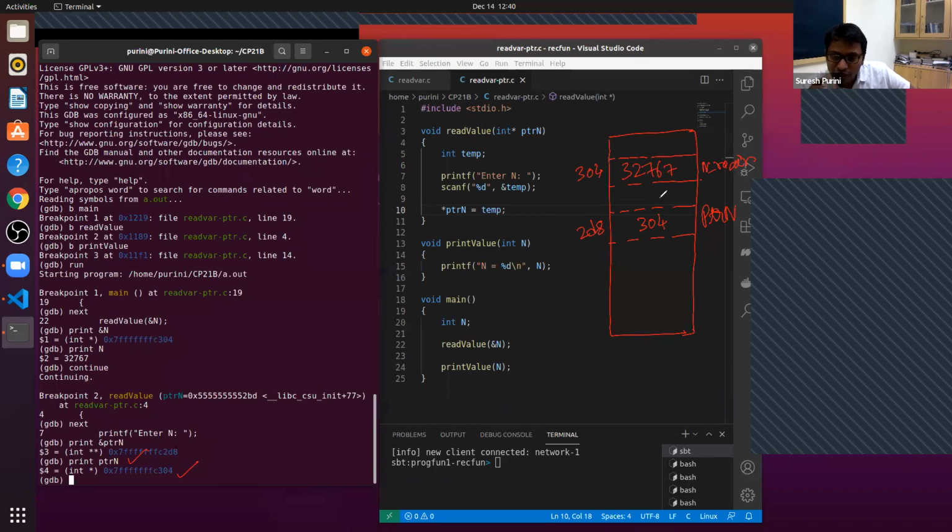That is, it is holding the address of a memory location whose type is integer. If I use a different color, this ptrn is pointing to this, and this is an integer. Remember, this is the data type: pointer to an integer. Are you with me here? ptrn is a pointer to an integer. Because of that, we are calling it int star.